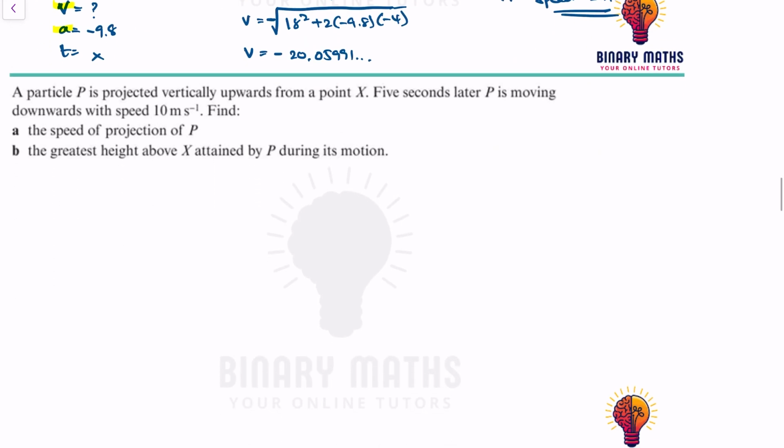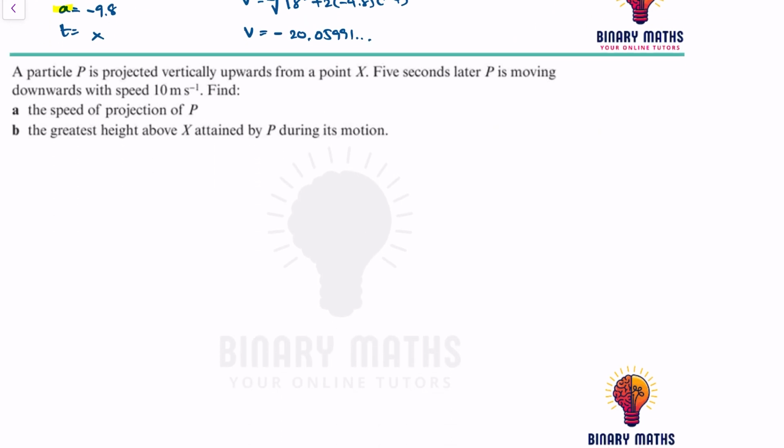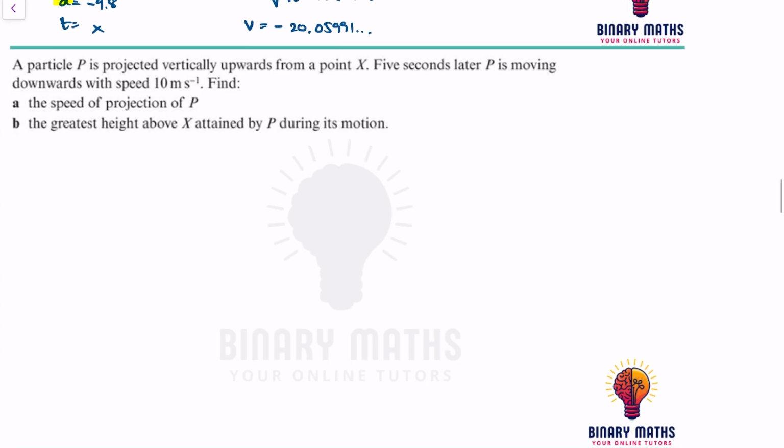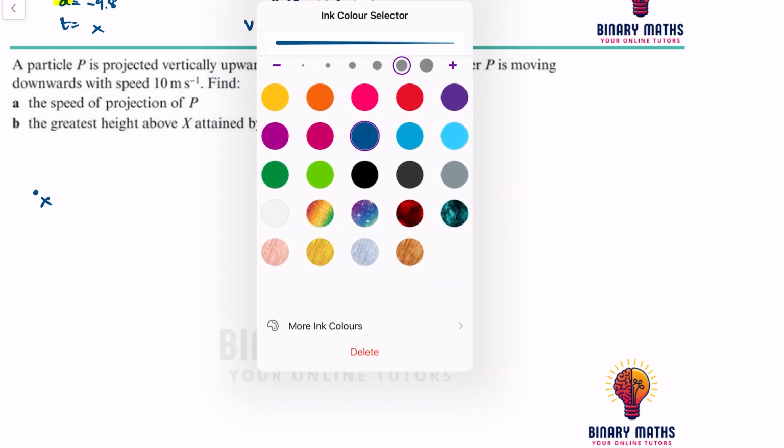The next question, a particle P is projected vertically upwards from point X. 5 seconds later, P is moving downwards with speed 10 meters per second. So particle P starts from point X, and then it goes,